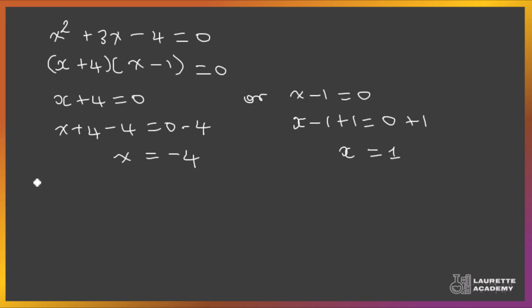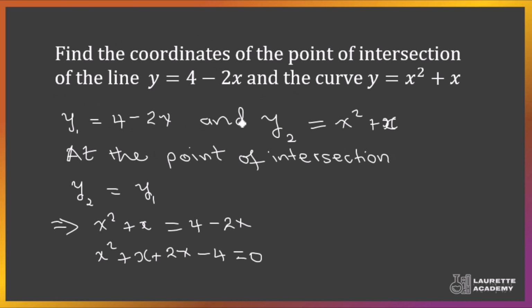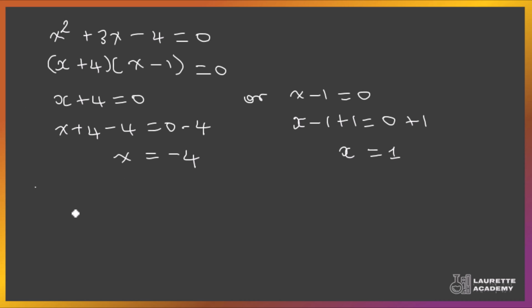Now we have to substitute x equals negative 4 and x equals 1 into one of the original equations, either y equals 4 minus 2x or y equals x squared plus x. I'll substitute it into the first. So when x equals negative 4,